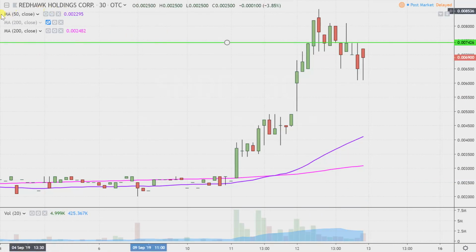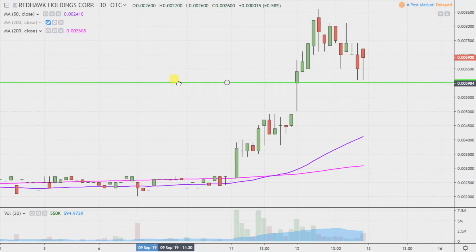So first level of support is what I would call the ideal level. When we say, hey Clay, what would make this chart look the absolute strongest going forward? That would be if the price can stay up there above 006. Now, don't get me wrong. If the price falls below 006, I'm not saying the entire chart is destroyed or ruined or anything like that. But yeah, if the price could manage to stay up above that level, that would definitely be a massive sign